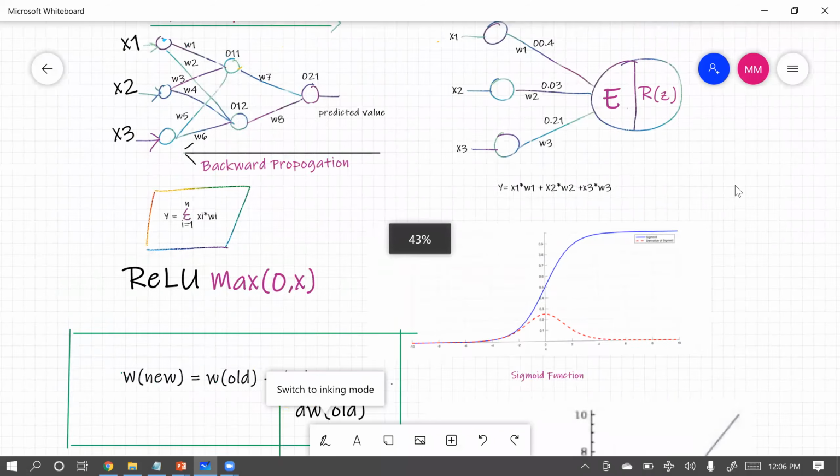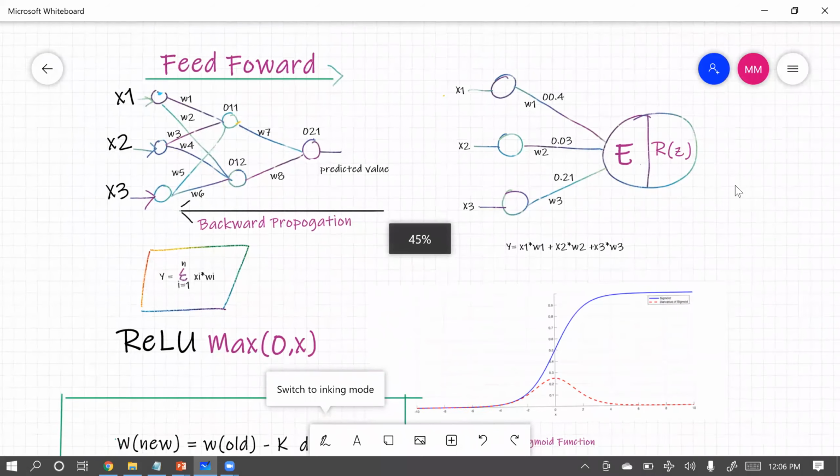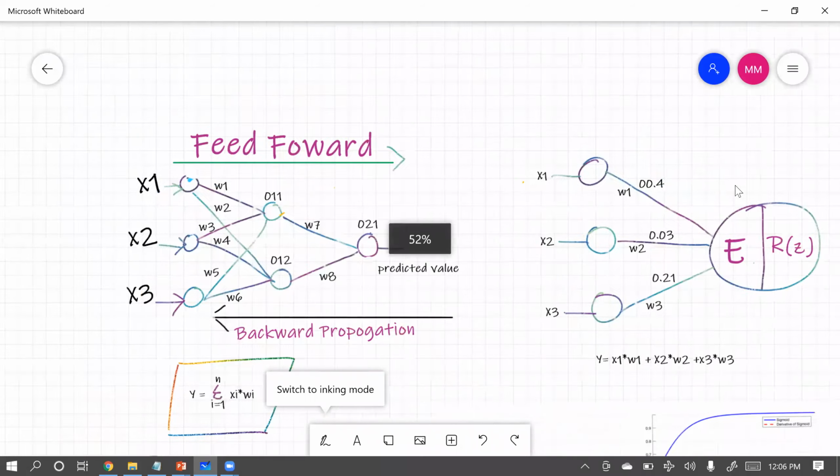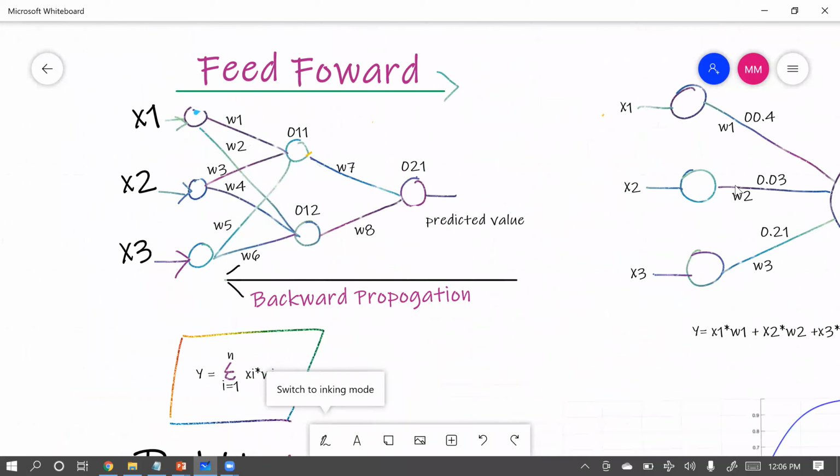Okay, as we all know, we saw the same linear neural network. So let me just zoom in. This is the linear neural network which we saw in our previous session as well. We have three inputs, x1, x2, x3, and some weights have been assigned to the inputs. We have hidden layers over here, and we have one output layer, correct?